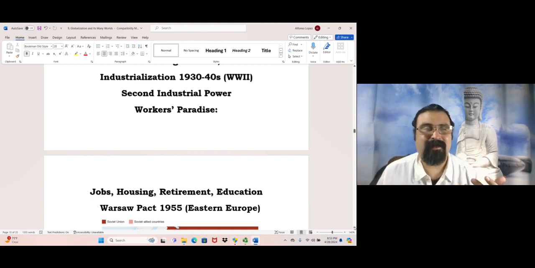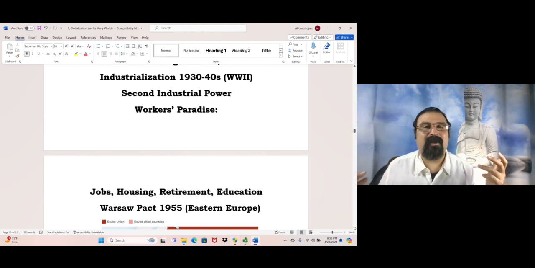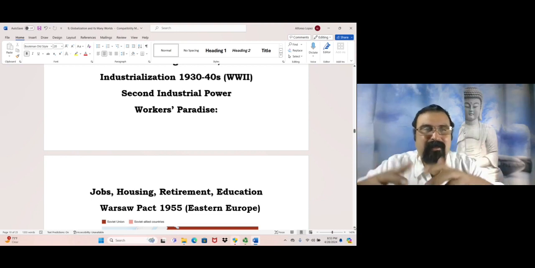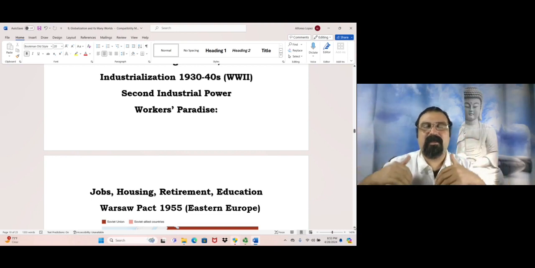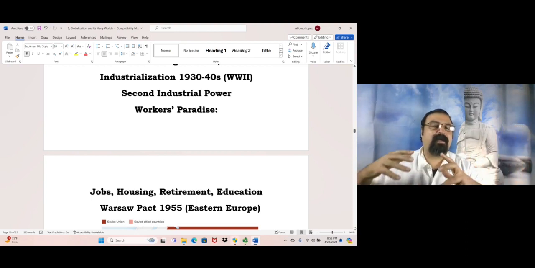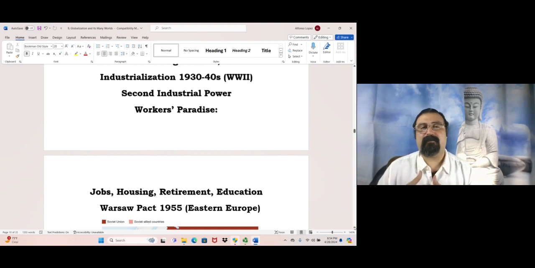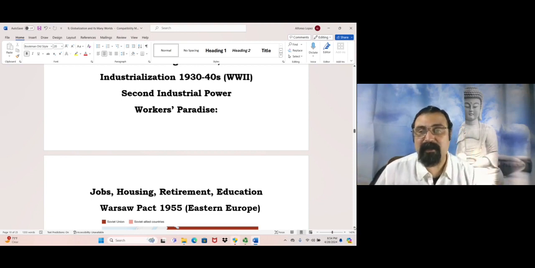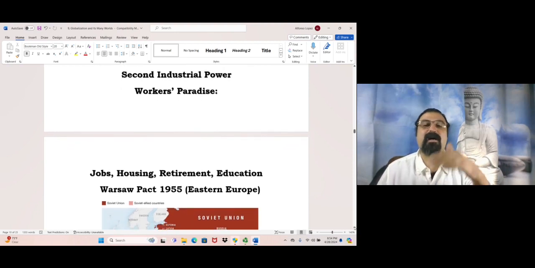And what really accelerated this process was the Second World War. When Hitler invaded the Soviet Union, Stalin really placed industrialization into full gear, top priority, and we see the massive expansion of industrial plants across the Soviet Union. And it is precisely because of the Second World War, when the Nazis occupied great portions of the Soviet Union, and most of the battles of the Second World War actually took place inside of the Soviet Union between the Nazis and the Soviets. It is precisely because of that the Soviet Union is going to rise up also to